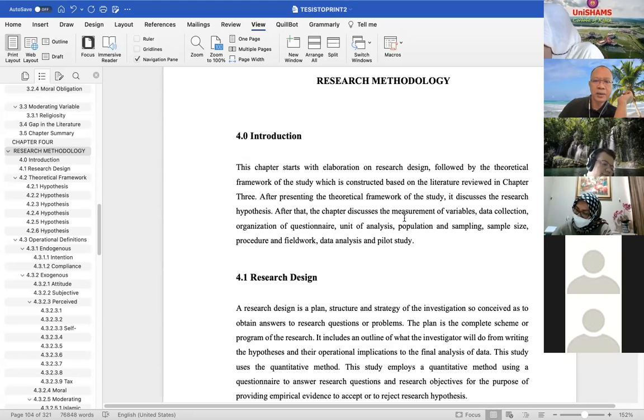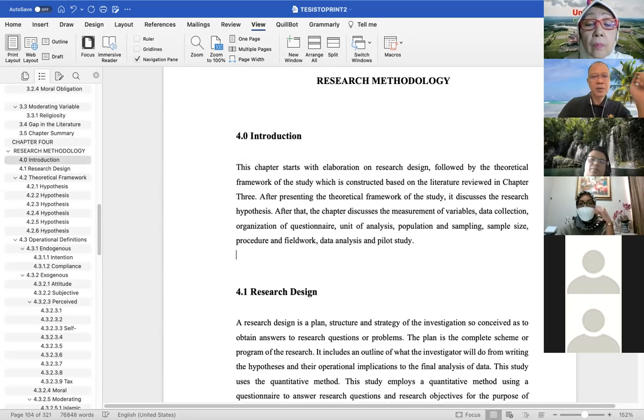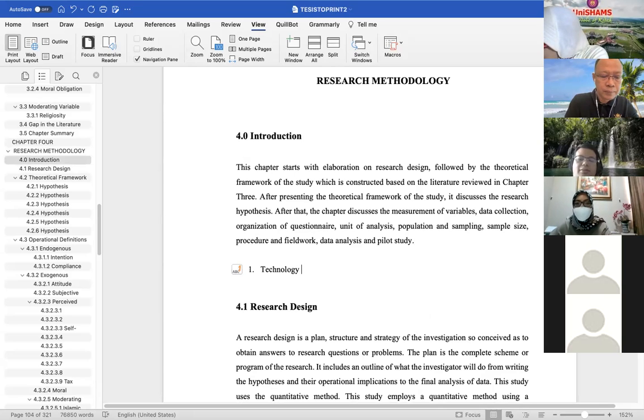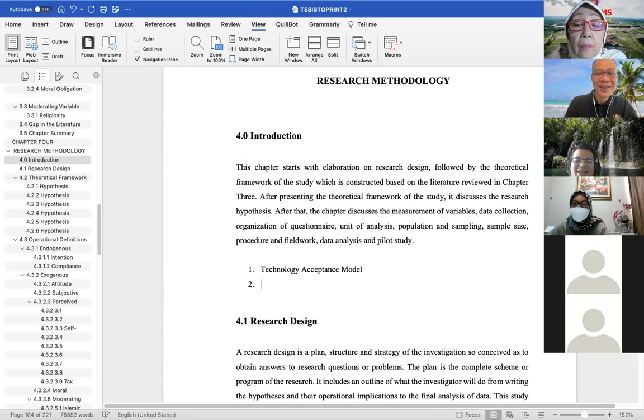Let me write it down here. Yes. Okay, let me try. So you can combine these three theories. Number one is... I have to open a new Word file, Prof. It's slow. It's okay, I will delete it later. We forgot there are people here. I'll delete it later, Prof. And then number two,